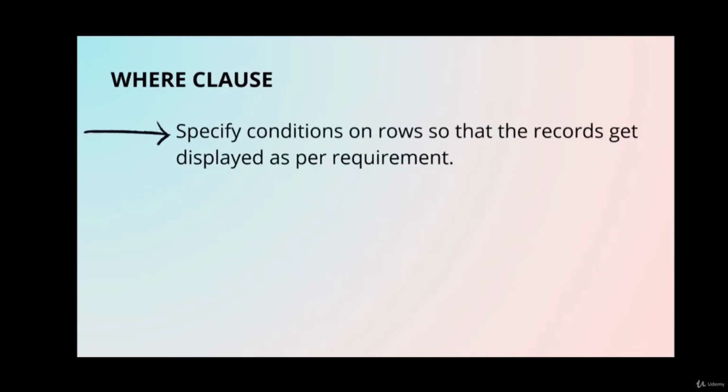There are 4 clauses in SQL: where clause, group by clause, order by clause, and having clause. Let's see each of them in detail. First clause is the where clause. Where clause is used when you have to specify a condition that has to be obeyed while data is being pulled from the table. It is also used to join multiple tables. Where clause is not only used with select statement but also with update and delete queries.